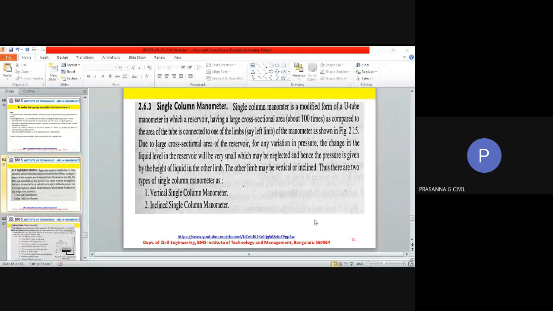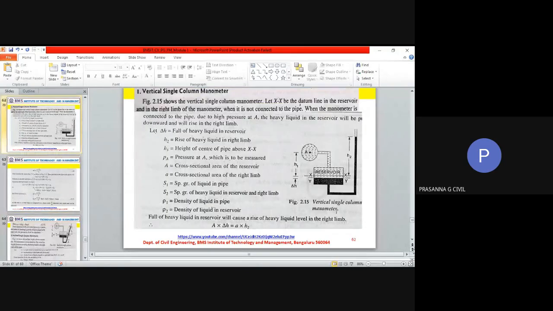U-tube manometer, you have both gauge pressure consideration and the vacuum pressure consideration. Then the third type of simple manometer was a single column manometer. Now I'll just quickly come down to the figure below and then we'll come back here. See how the single column manometer looks different from a U-tube manometer. So this is the pipe where you want to measure pressure. But look at the construction of the single column manometer. You have a large chamber like structure constructed along with the thin U tube.